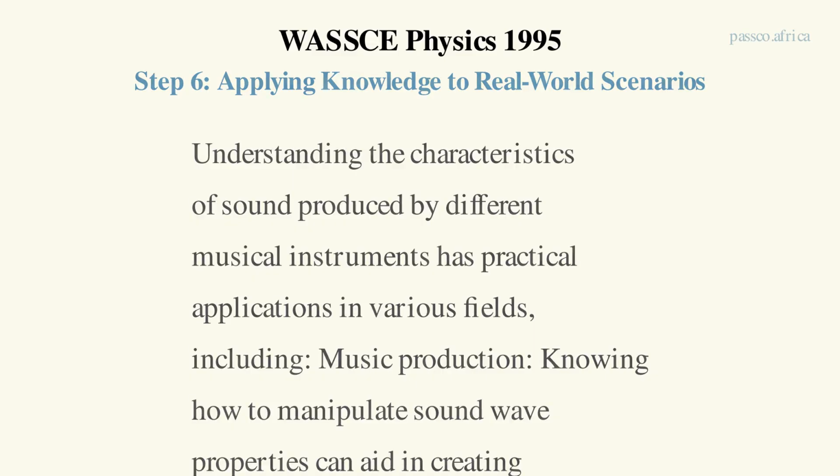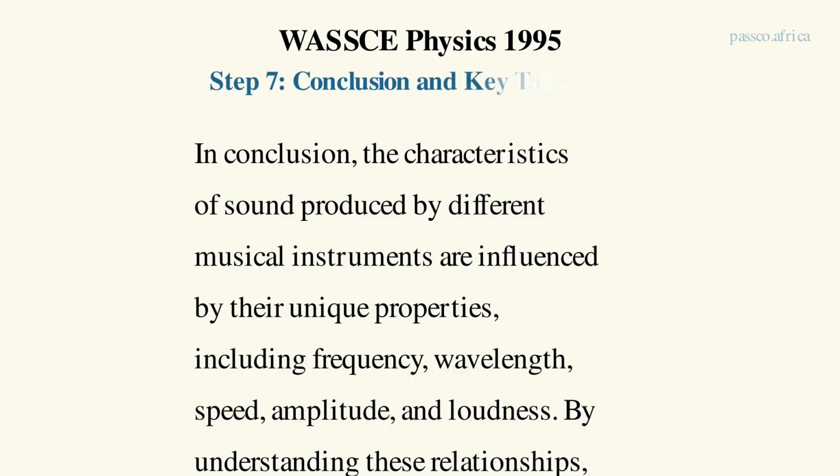In conclusion, the characteristics of sound produced by different musical instruments are influenced by their unique properties, including frequency, wavelength, speed, amplitude, and loudness. By understanding these relationships, we can appreciate the diversity of sound waves and their applications in various fields. Key takeaways from this video include: different instruments produce sound waves with distinct frequencies, wavelengths, speeds, amplitudes, and